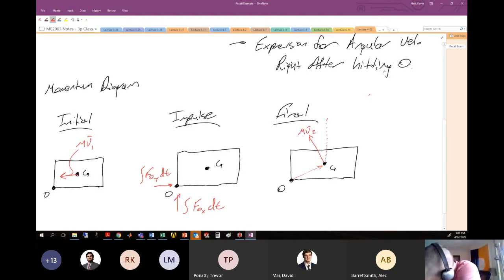And we also defined this angle as the angle phi and said that phi is the tangent inverse